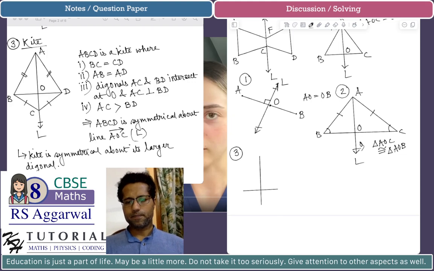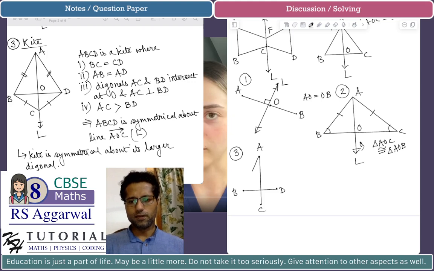Now if you join the endpoints of the diagonals, let's say these endpoints are A, B, C, D, and you join them,